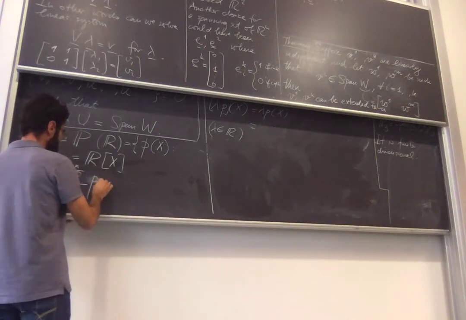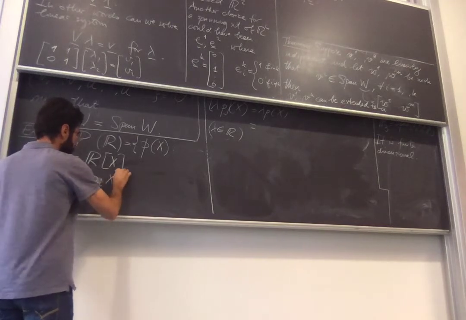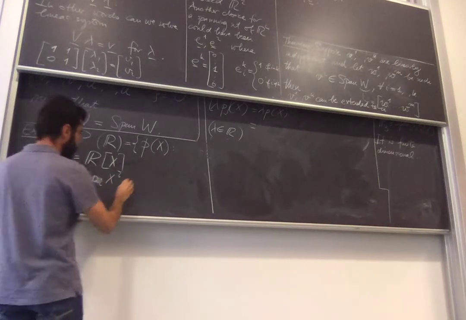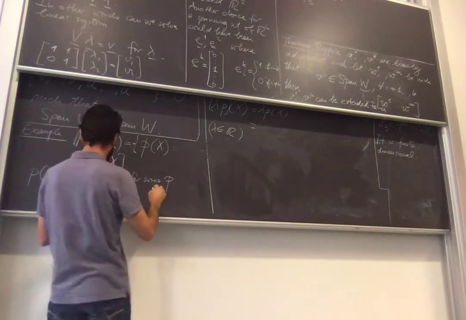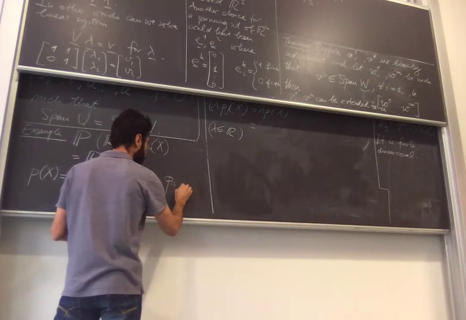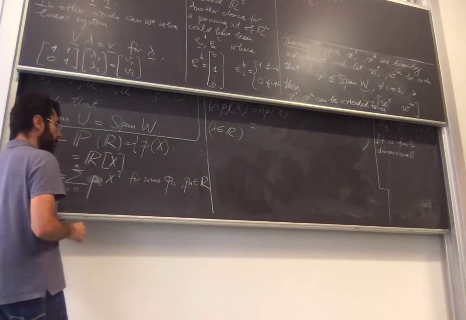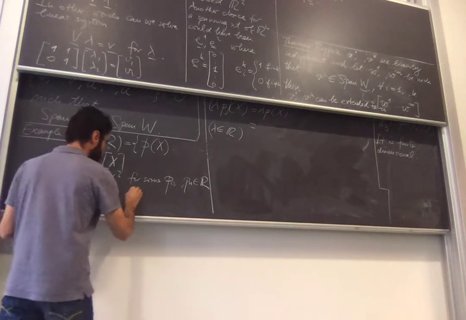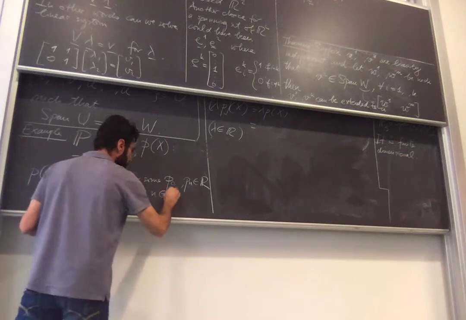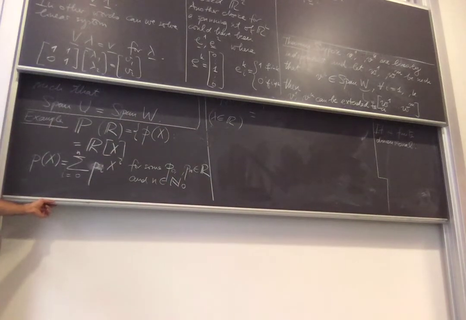I'm going to call them p_i x^i, okay, for some p_0 to p_n in R, okay, and n in the natural numbers including zero, okay. So if you can write something